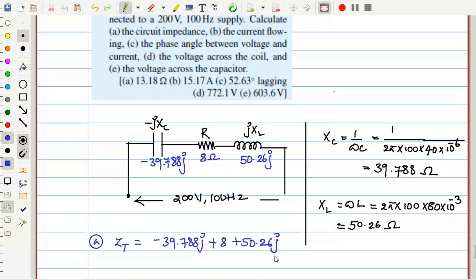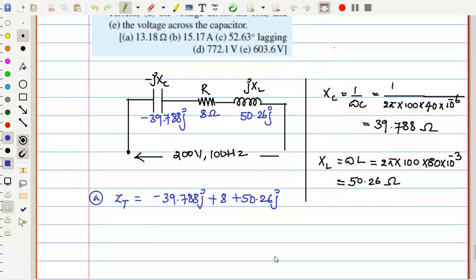Now put this ZT in polar form. You will get the magnitude 13.178 at an angle of,